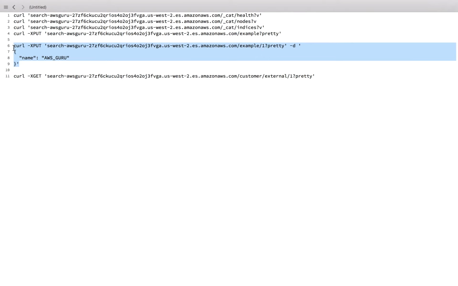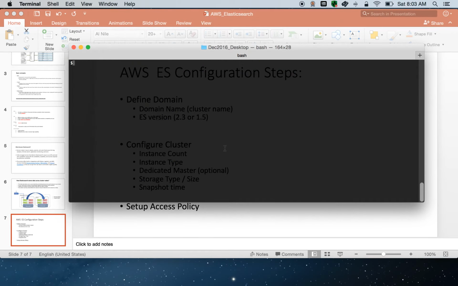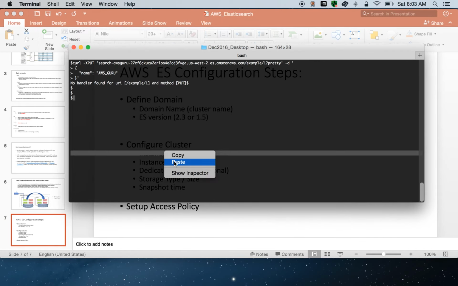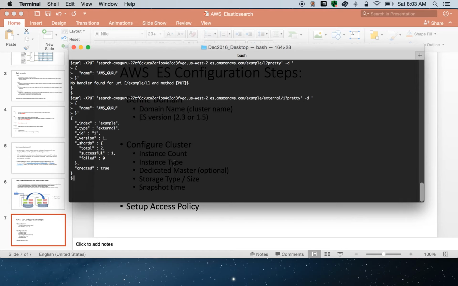Let me just, I think I have some typo over here. Okay, I removed one of the colons or something. Let me try with this one to ensure. Okay,